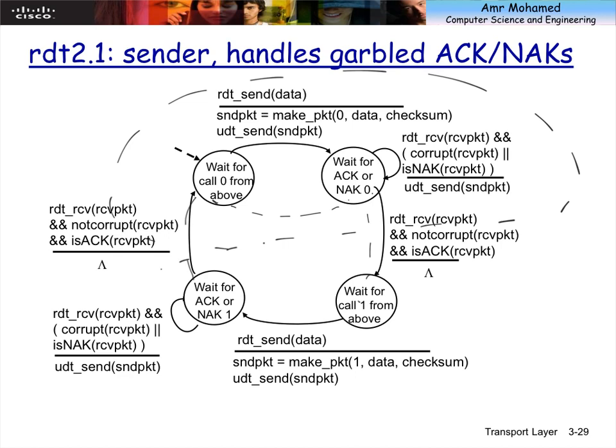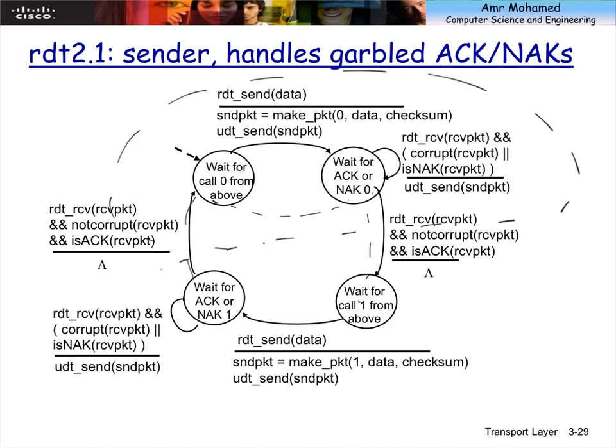So that's the other part that I talked about. So not only, when I receive packet 1 while I'm waiting for packet 0, do I need to drop it, but I need to inform the sender somehow that I received this packet correctly, send me the next one. Okay? So in our case here, we will send an acknowledgement. And one thing that we can notice here is that the acknowledgement and negative acknowledgement do not have a sequence number.